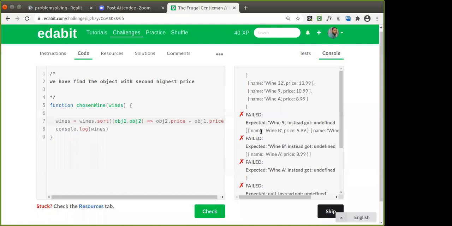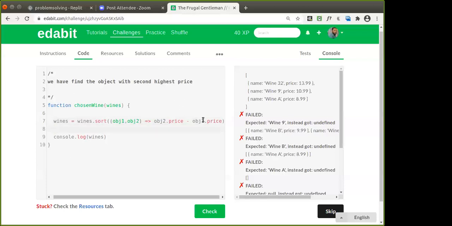So what are you going to do now in this case? After getting that, the output that we want is at the index. Which index in the array? This is at the index 0 and this is at index 1. So we want to get the name from the object at index 1. Good. That will automatically give you the second highest rate wine.